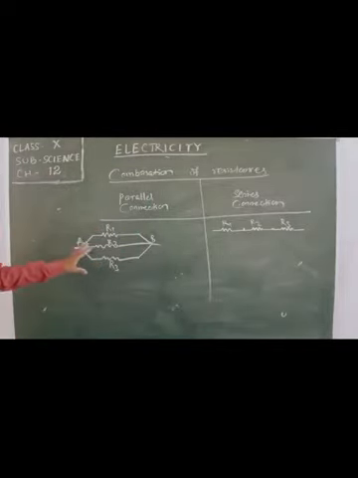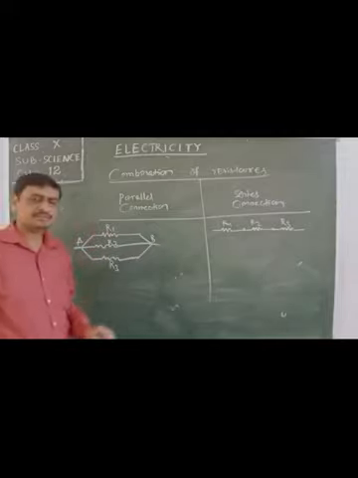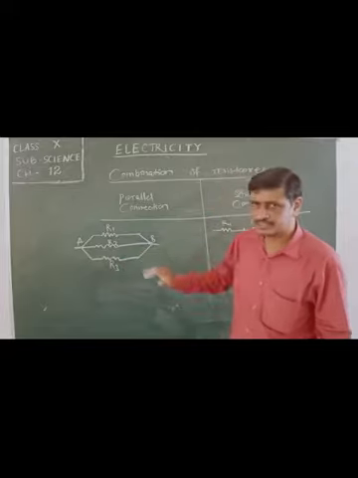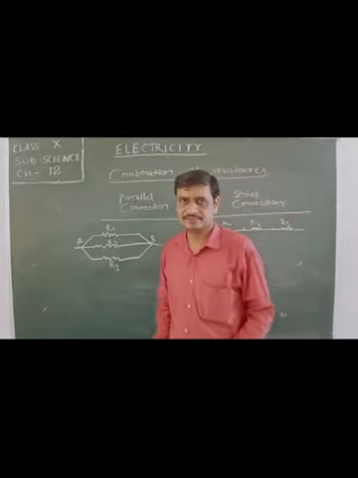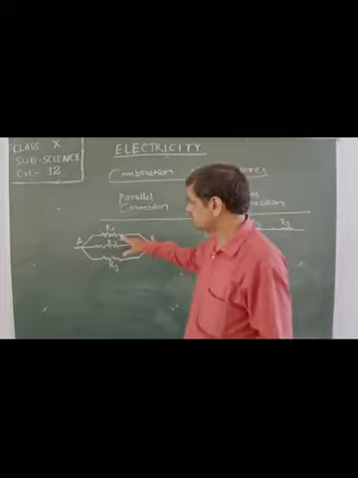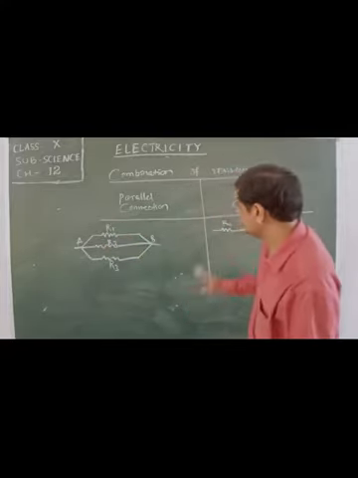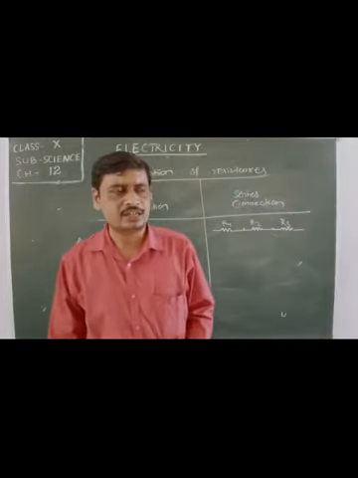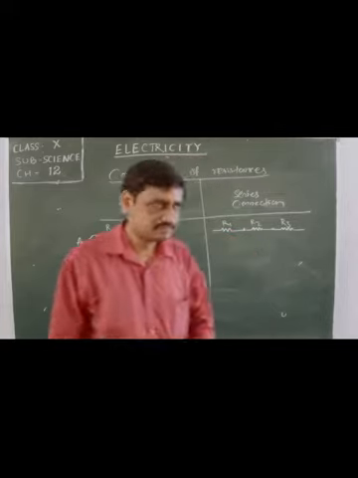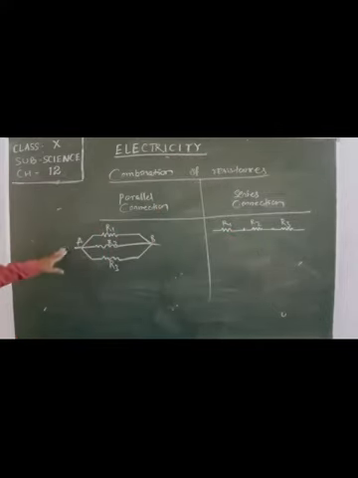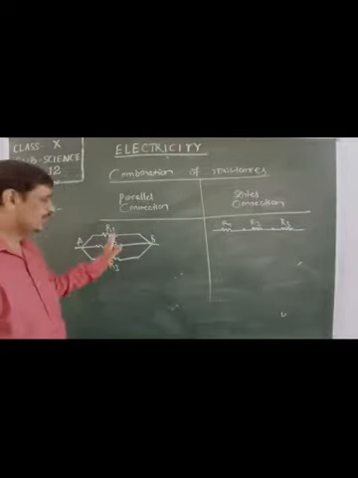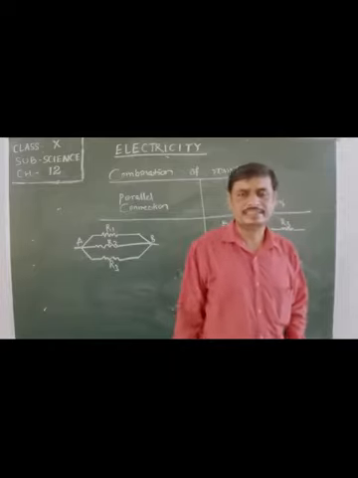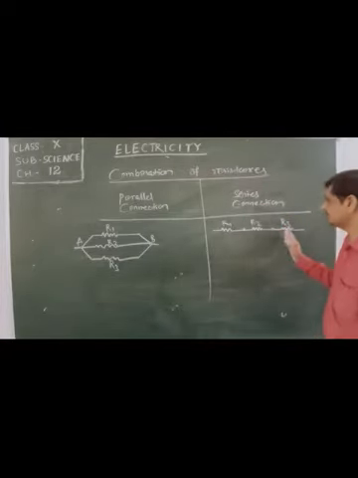If the resistors are connected in parallel and one of the resistors stops working, then the other resistors will not be affected. But in series, if any one of the resistors stops working, then the other resistors also will not work. In series, the same amount of current will flow through each of the resistors, but in parallel, a different amount of electric current will flow through each of the resistors.